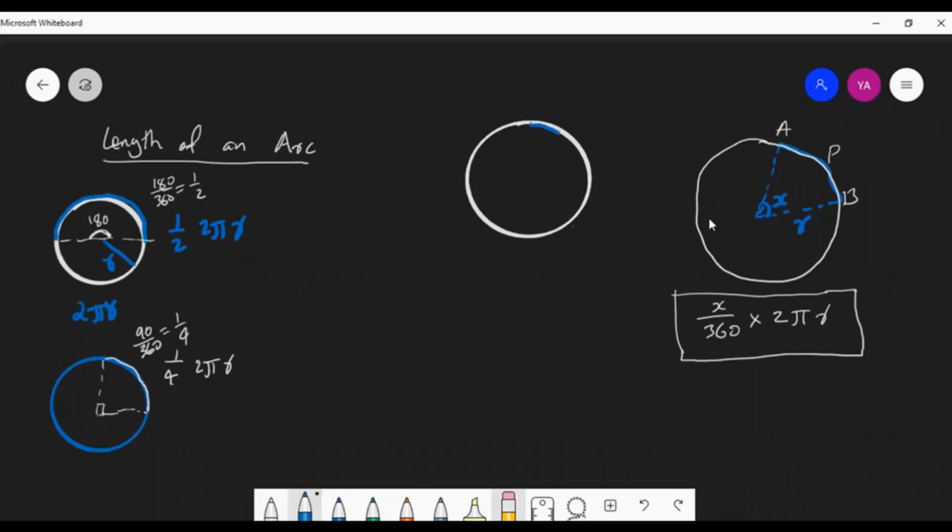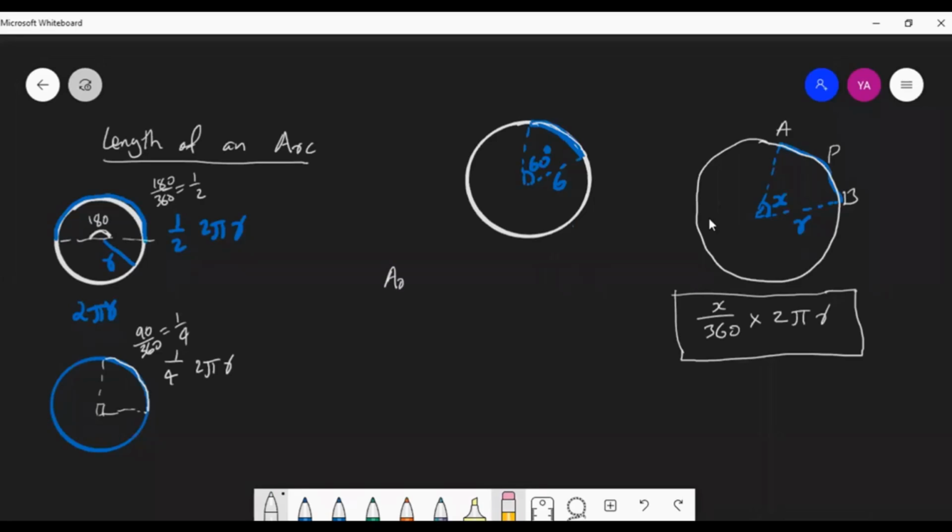Okay, so look here, suppose we do one example, the same example we discussed for the sector area. I take an arc with the angle made at the center 60 degrees. Suppose the radius is 6 centimeters. What will be the arc length, the blue arc? Can you do it in your mind? I have drawn one arc here, this blue arc. So you want to find the length of that arc. Yes, 2 pi is the correct answer. Very good.